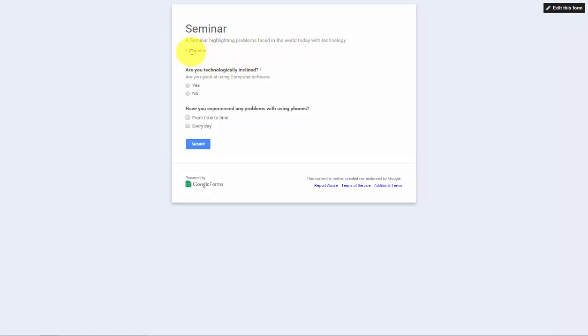Remember, we used the required option for our first question, which is marked by the star. The second question is not marked by the star because we did not click on the required box for the second question. So if we were to say, are you good at using computer software? If we were to say yes, and not answer this question here, and we click on submit,